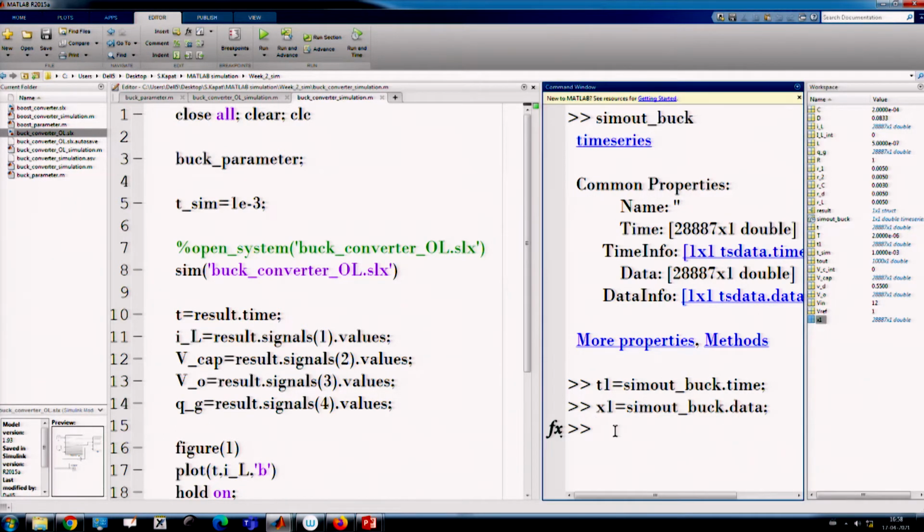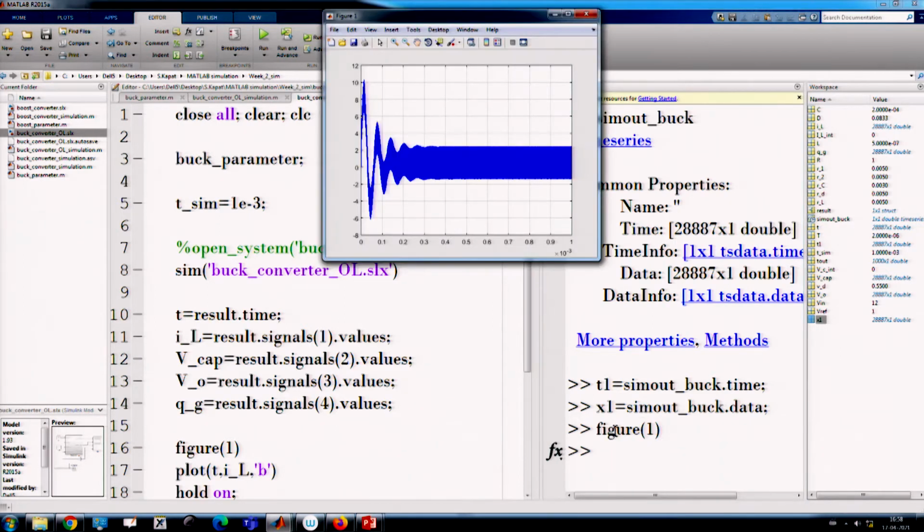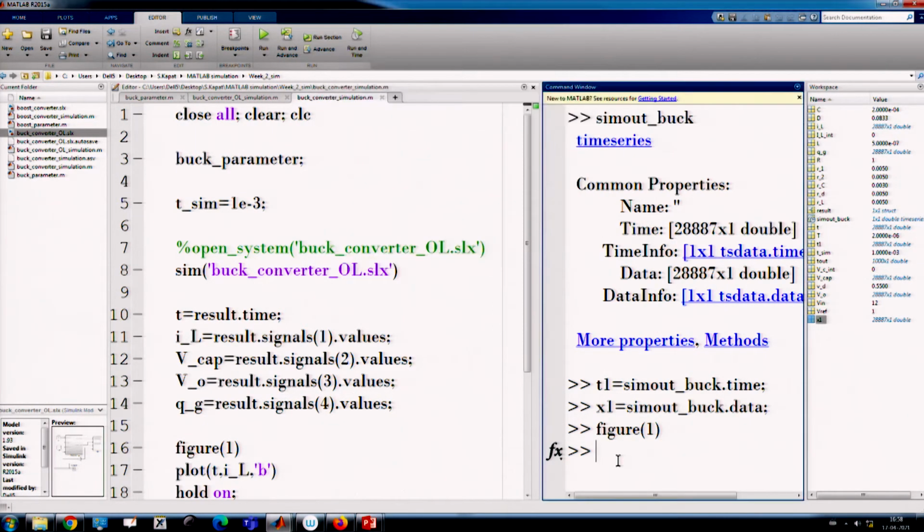Now, I want to plot, let us say I want to call figure 1, then hold on, then I want to plot T1 comma x1 and I want to use a red color on that.